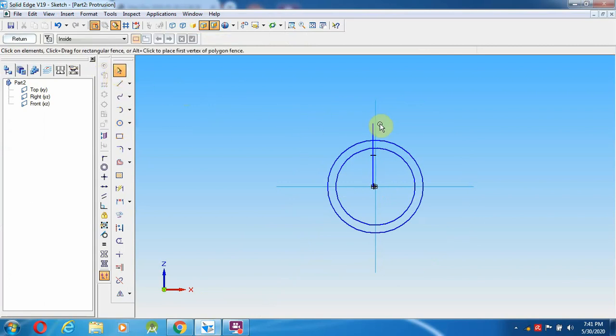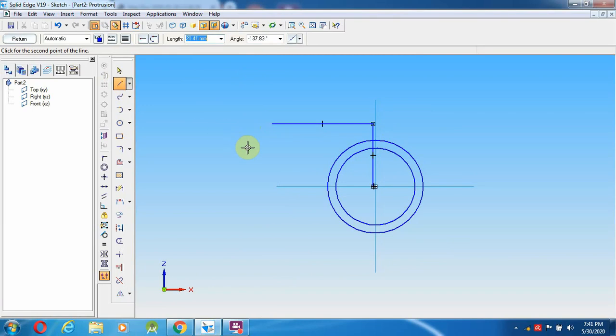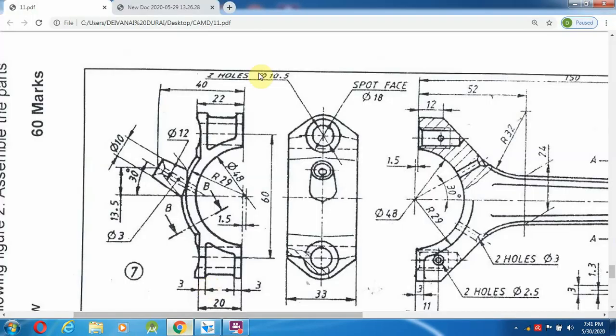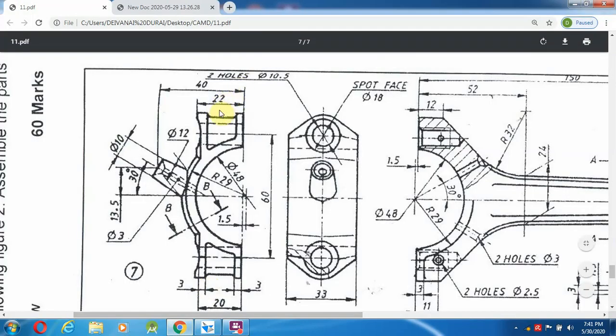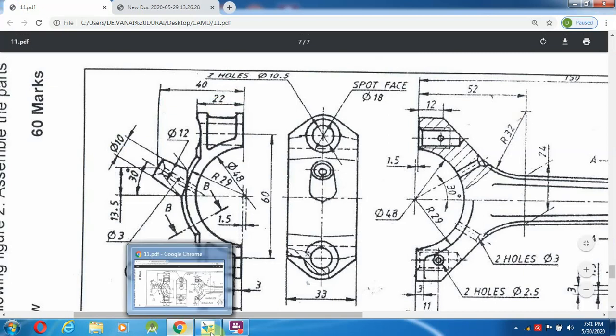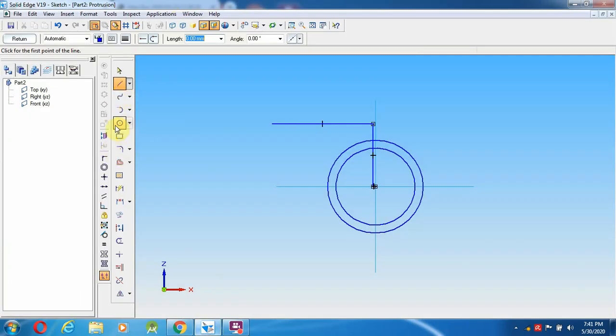So after drawing this, so from here this height, okay, make a line towards left side. So what is the value they given? 22 mm. Okay, so that can change it in the 22 mm.